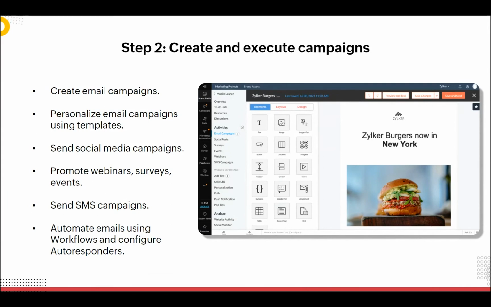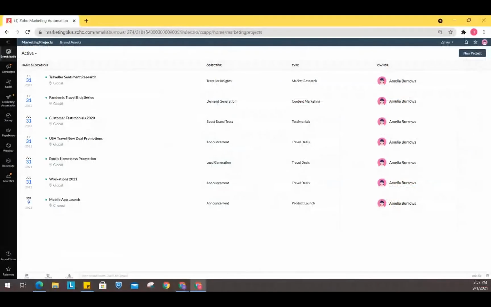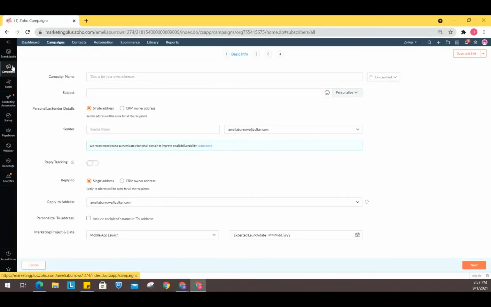And since most things are automated, doing everything manually, of course, would take more effort and more time. So this makes it very simple for you. Using campaigns, you can make the whole marketing process much more simplified. So let's see how we can create a campaign. Let's get into campaigns, and let's just see how the editor looks.